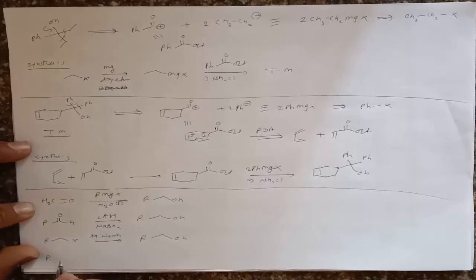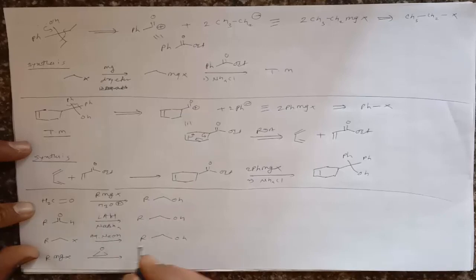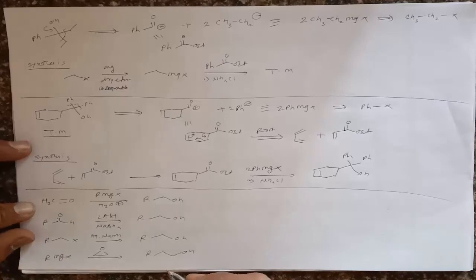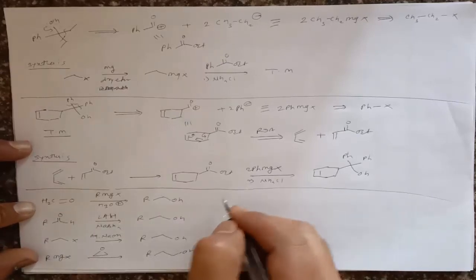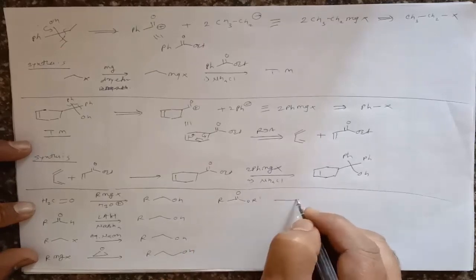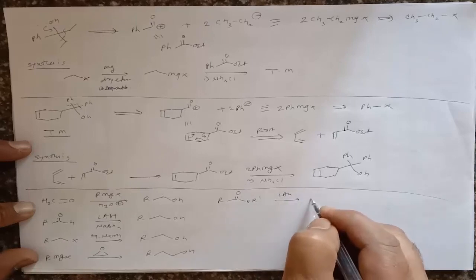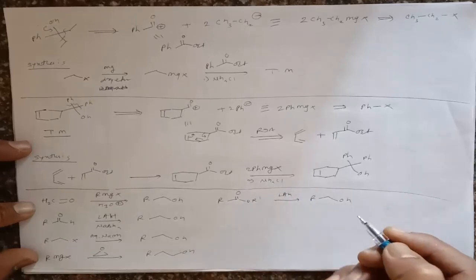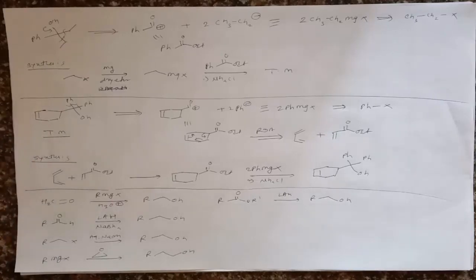If there is a Grignard reagent, RMgX, and we treat this molecule with an epoxide, it gives an alcohol, with two carbons inserted here. If we take an ester, then by using LAH we can also synthesize the alcohol, RCH2OH. So these are a number of methods by which we can synthesize alcohols. Alcohols can be easily prepared from formaldehyde, aldehydes, alkyl halides, Grignard reagents, as well as esters. So this is the simple method.